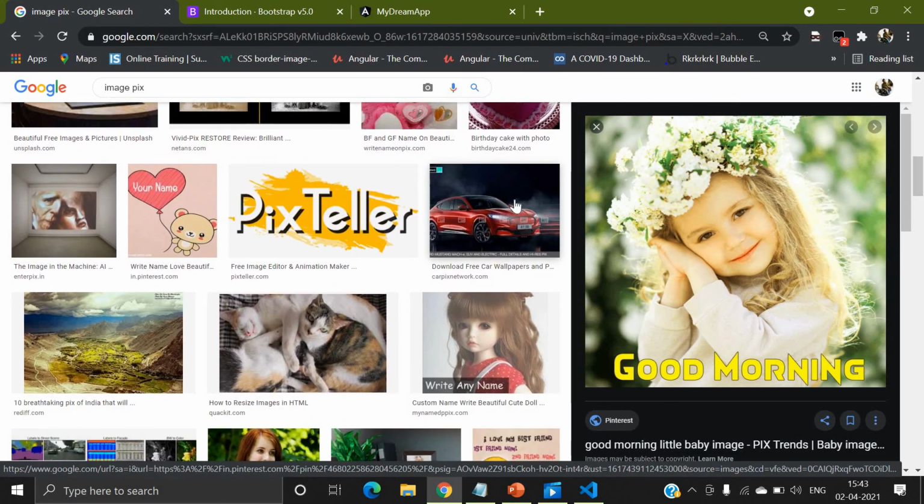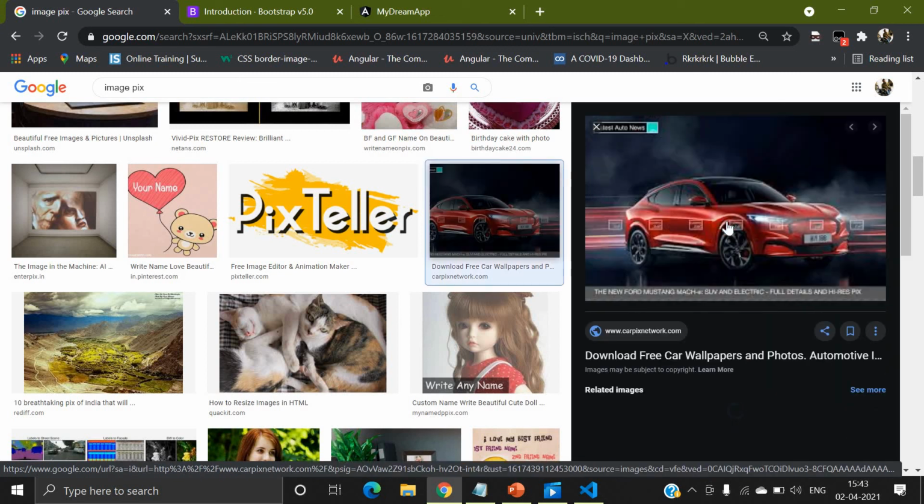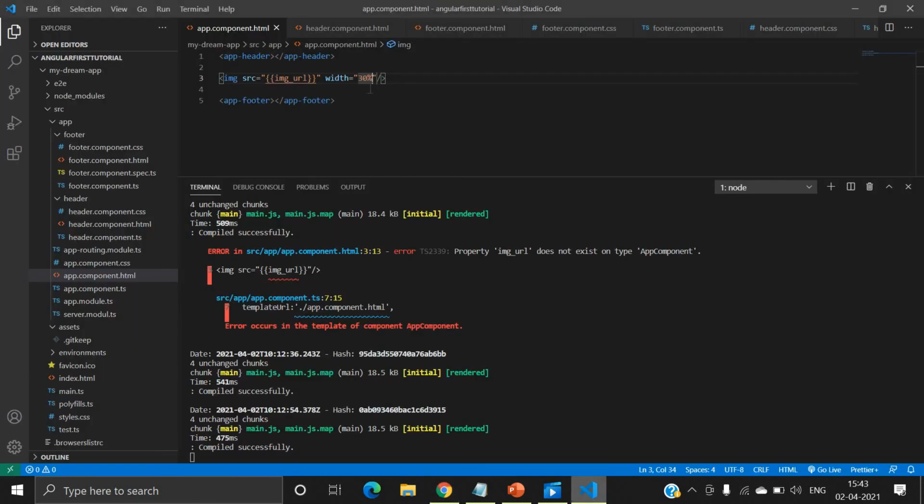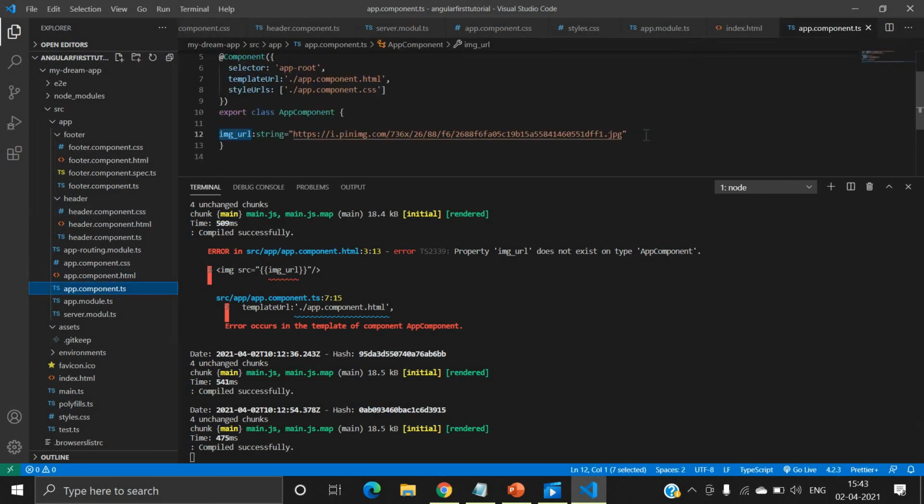If you want to use any other image, let's say I want to use this image, I will copy this, and also I want to use this image.